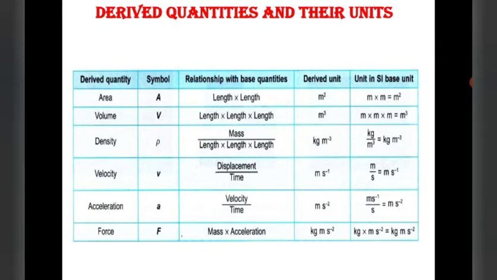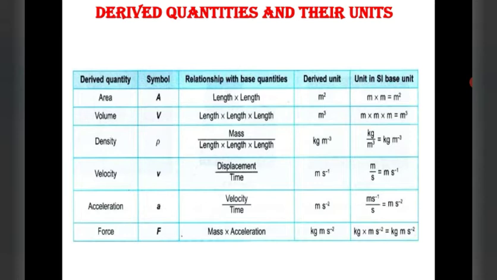Derived quantities: area, volume, density, acceleration, force. You want to know the symbols and the relation with the base quantities. Derived units, units in the SI base system, come up in a repeated manner, guys. Some more are also there, like impulse, work and power. Okay, guys,